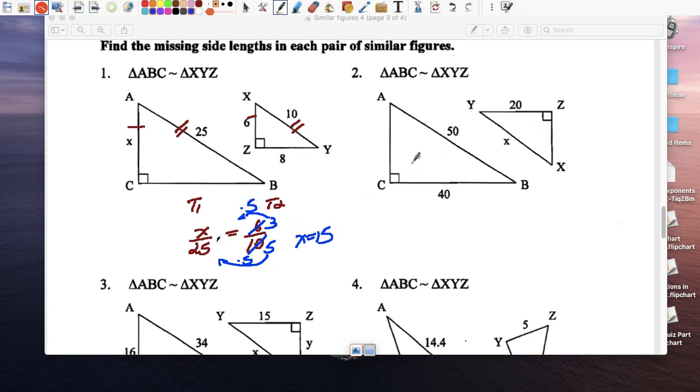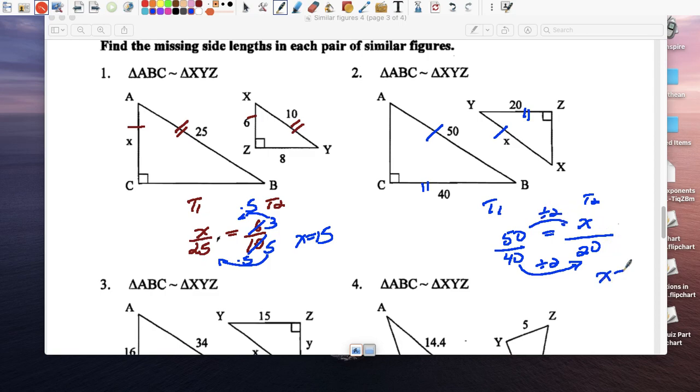15. Same thing here. The hypotenuse, which is 50, the side opposite the 90-degree angle, corresponds to this. And the 40 and the 20 are corresponding. So set up a proportion. Triangle 1, triangle 2. Triangle 1, let's write hypotenuse over the leg here, 50 over 40. On the other side, let's go hypotenuse over 20. So this one, we're going this way, right? 40 to 20 is divide by 2. Divide by 2, so x is going to be